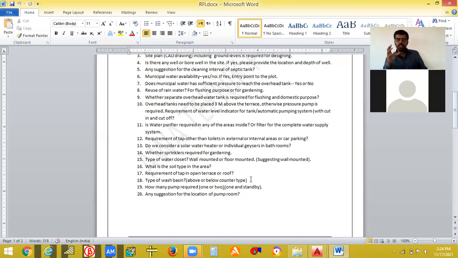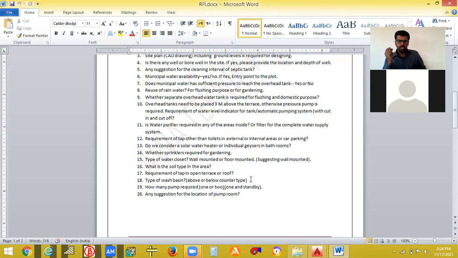One main and one standby. If there is a well, a borewell or an underground tank, we need a pump, correct? That motor pump is used to supply water from the underground tank or from the well to the overhead tank. In such cases, I give one main pump with a standby pump. In future, if there is some servicing or maintenance on one pump, the water supply should not be affected, so I will use the other standby pump. So you'll have one main pump and one standby pump. You can ask them, do you want a standby pump, or is only one pump enough?